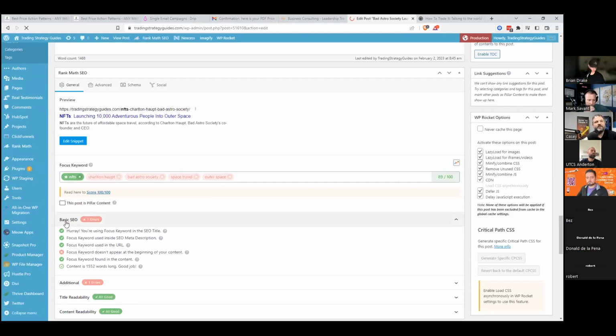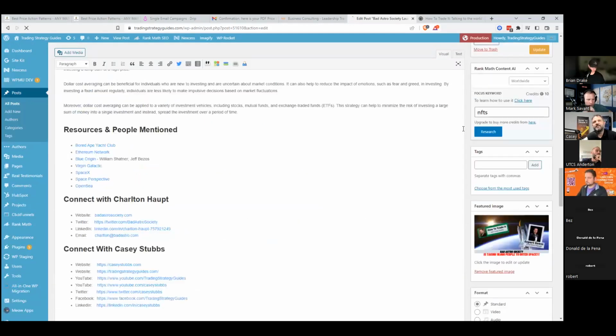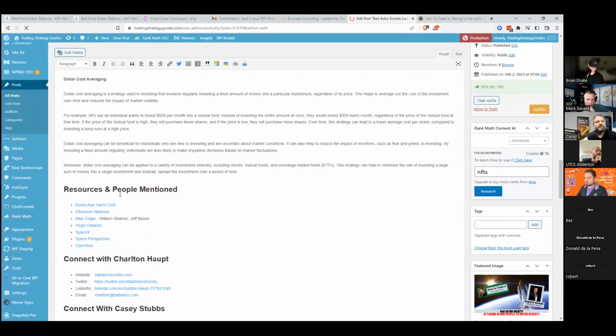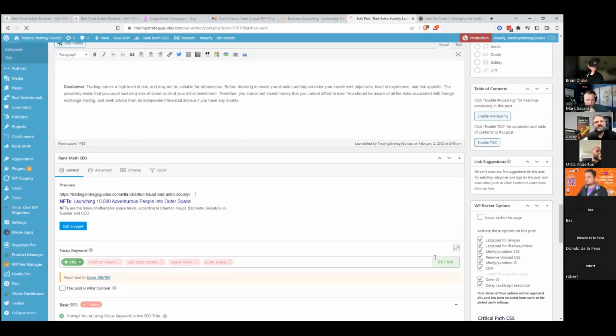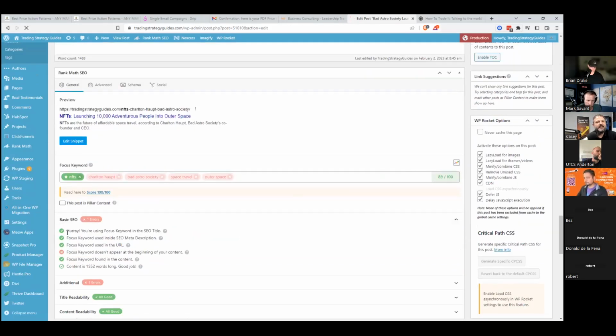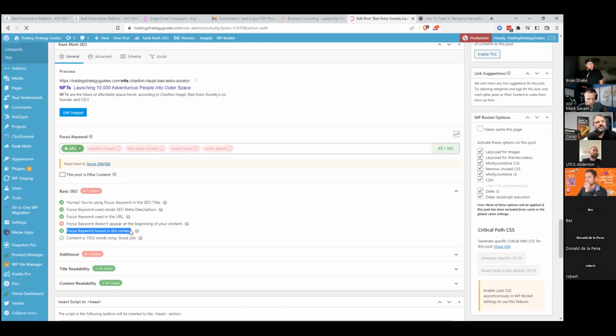And here's my SEO. I have an SEO plugin that talks about all of those things. It keeps track of all the headlines and your meta tags. And so here my SEO score is 89. And it tells me, okay, I have my keyword in the title, my keyword in the meta description, my keyword is used in the URL, my keyword is used in the content.